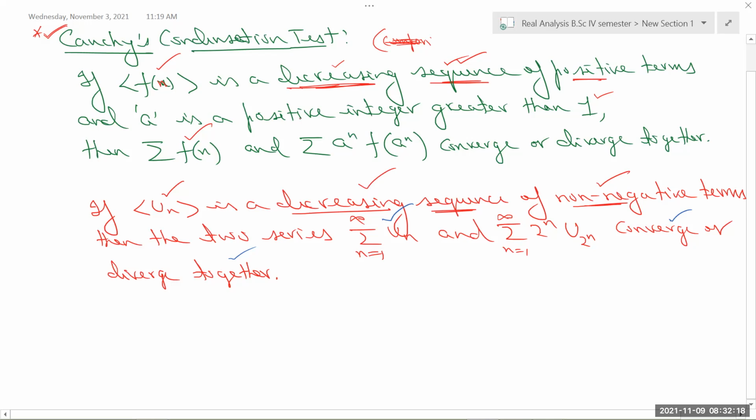And suppose A is any positive integer greater than 1, then summation Fn and summation A to the power n f of A to the power n, I mean, after replacing n by A to the power n and multiplying the nth term by A to the power n, the nature of these two series will be the same. I mean, if this one is convergent, then this will be convergent. So this is again some sort of comparison test. And its particular case